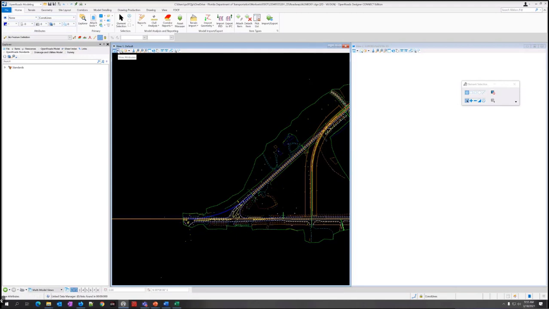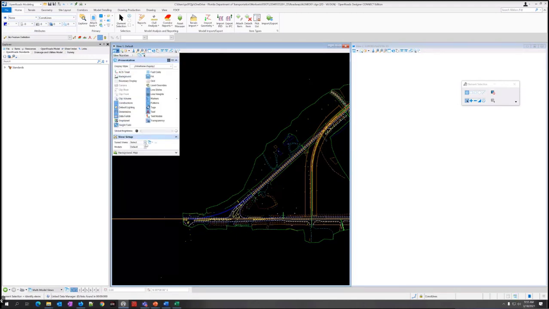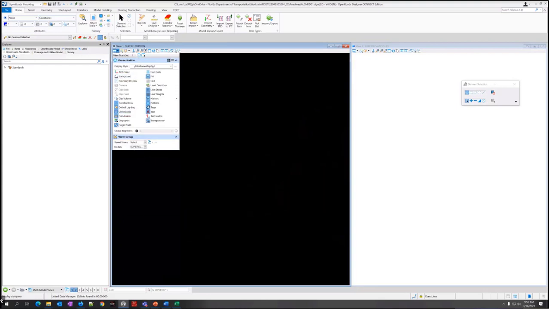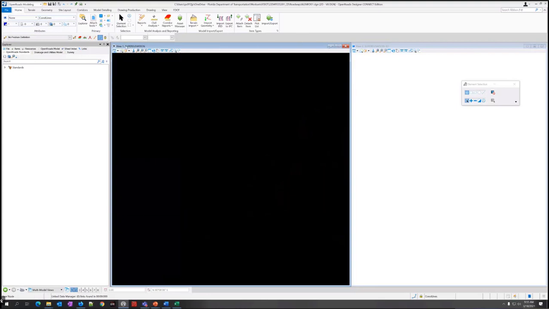So what I have to do over here is go to the view attributes and change this model under view setup. It may be that this is shrunk down here. So the top left corner right here, click the little drop down beside that button. That brings up view attributes. We're doing this on view 1. Then change under view setup and expand that out. Under models, just change it to super elevation. So you should see super elevation over here in view 1, super elevation 3D over here in view 2.